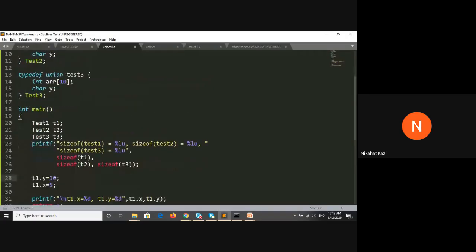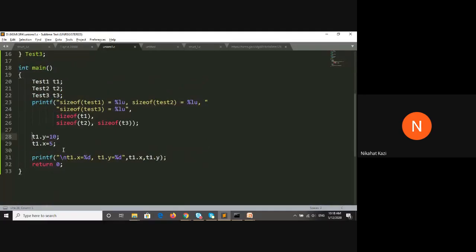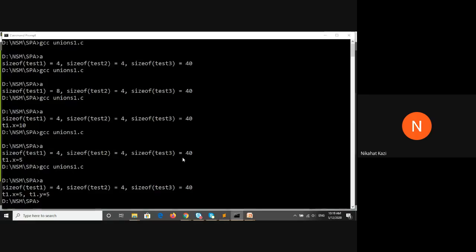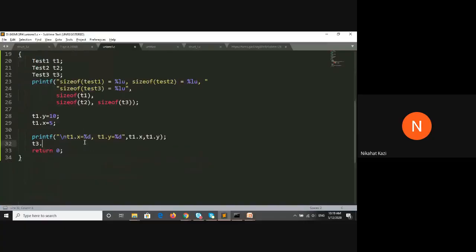Let us see the third union. For t3, one is an integer array and second is a character.